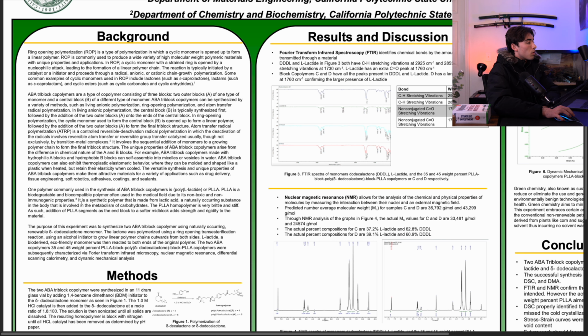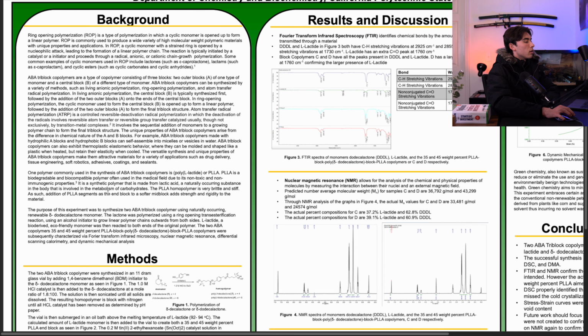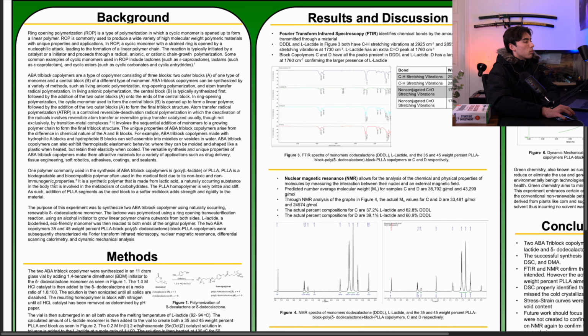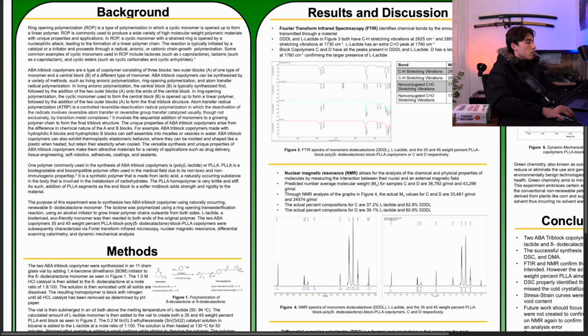One commonly used polymer for ABA triblock copolymers is PLLA. This is a biodegradable, biocompatible polymer. It's often used in the medical field since it's non-toxic and non-immunogenic. It's made usually from lactic acid, which is a naturally occurring substance in the body, and it is a very brittle and stiff polymer, so oftentimes it's added to a softer middle block